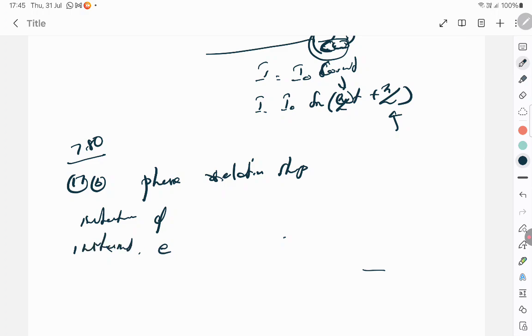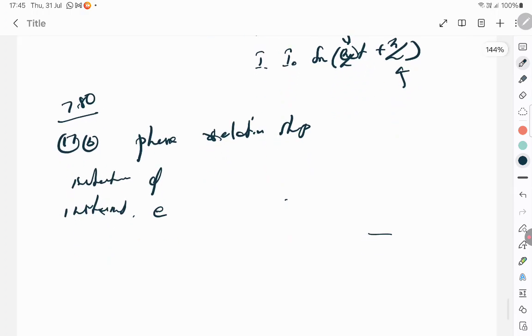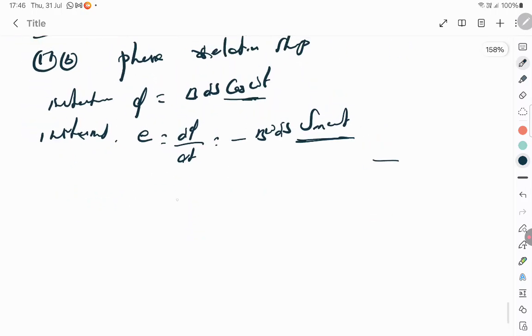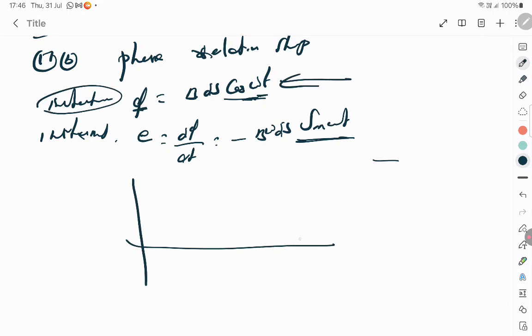So what we do is, you know the formula for flux is B ds cos theta, which will become cos omega t, and you know E is equal to d phi by dt. On differentiating this, you get minus B ds sin omega t into omega. So this has become a sine graph, and this is a cos graph. In simple terms, first the flux versus time graph, when cos 0 is there,